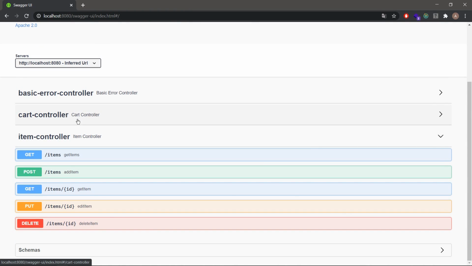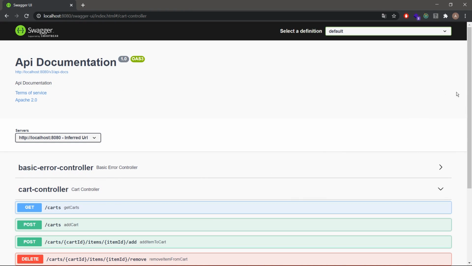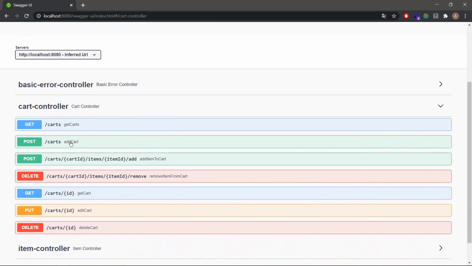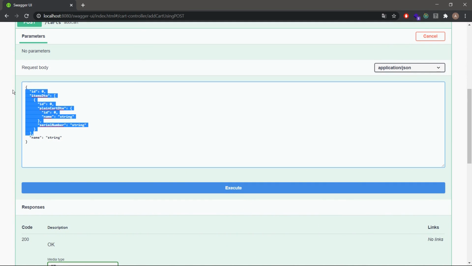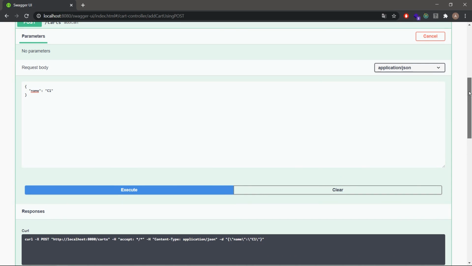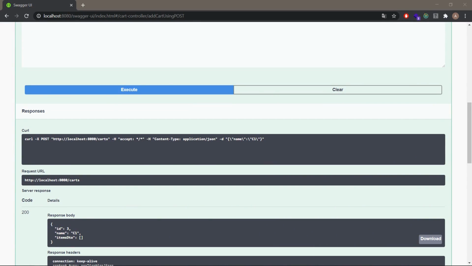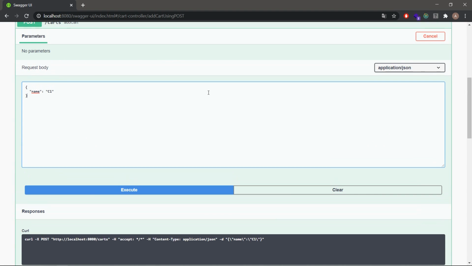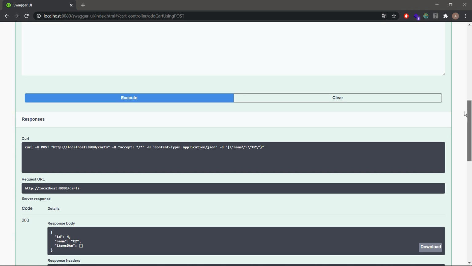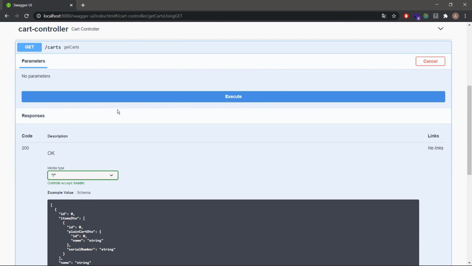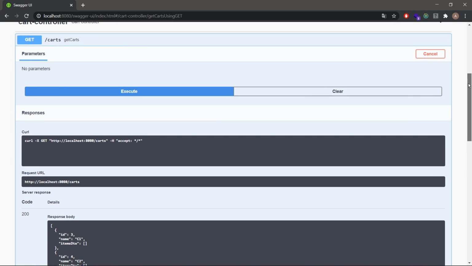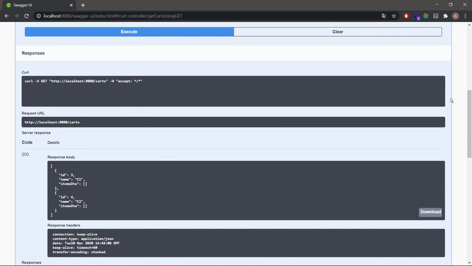Now let's create a card. So we want to open card controller, and we want to go over here, try it out. We'll need only the name, so it will be C1. It's here, so let's add another one. It will be C2, execute, and it's here. Let's get all the cards, try it out, execute, and we can see there is our